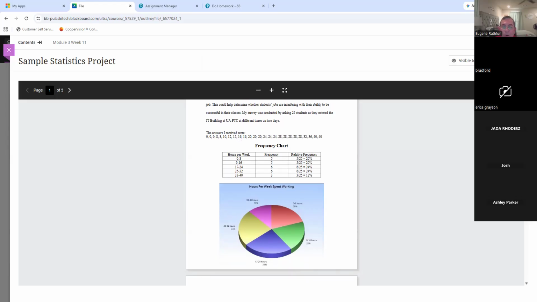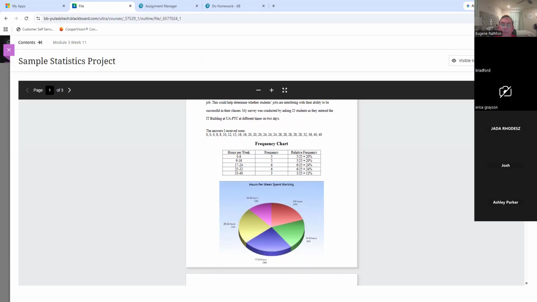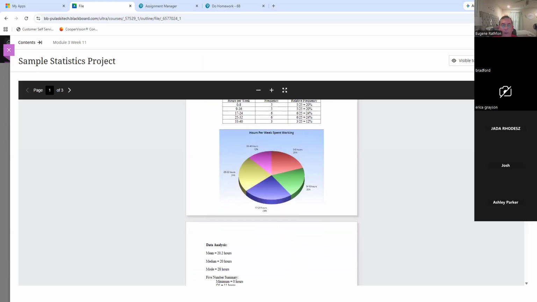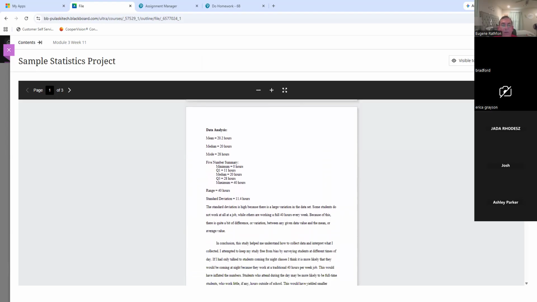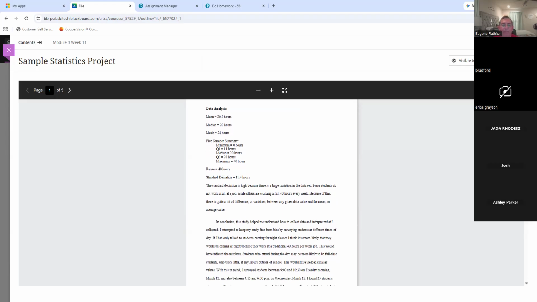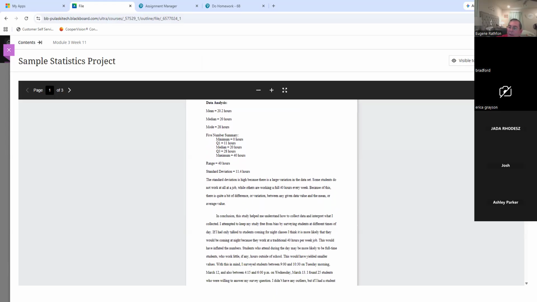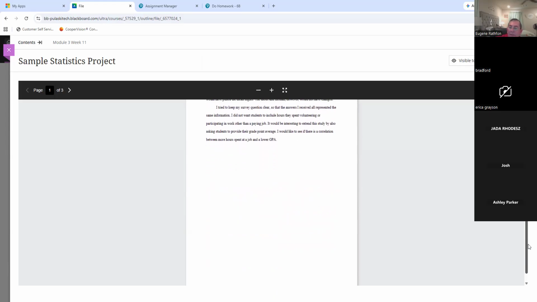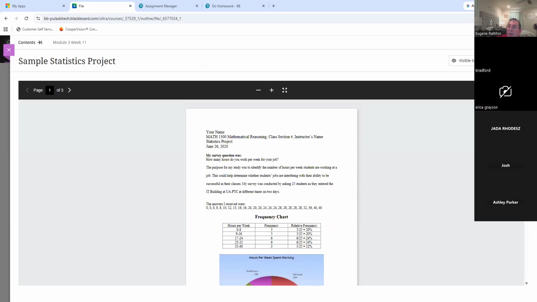We'll make a little pie chart that shows the percentages of like from 0 to 8, 9 to 16, and so forth. All right, then we'll just come down and do the basic stuff like today. We'll find our mean, median, and mode, our five number summary. Then we'll sort of tell about it. Okay, so this is in week 11 if you want to look at that